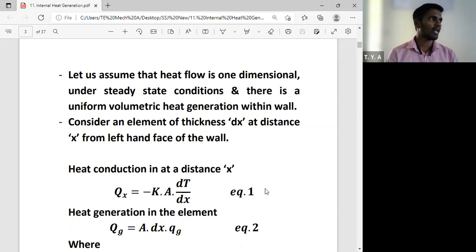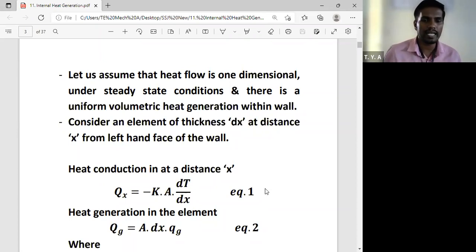Okay, so now we have to calculate the heat conducted into the element. So what is the distance where the heat conduction will take place? That is x. Where the heat conduction will take place into that element. So our aim is to write down the equation for the conduction. So what is the standard formula for the conduction? Q is equal to what? Minus K into A into dT by dx. Okay, so here the variable is in the x direction. So we have to take dT by dx. Okay, so write down the equation.